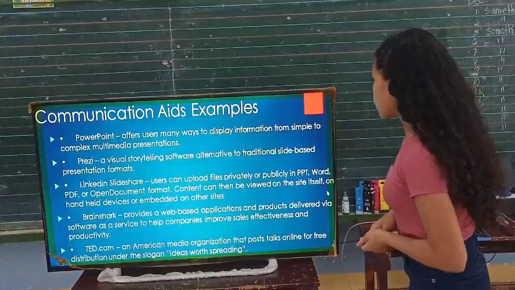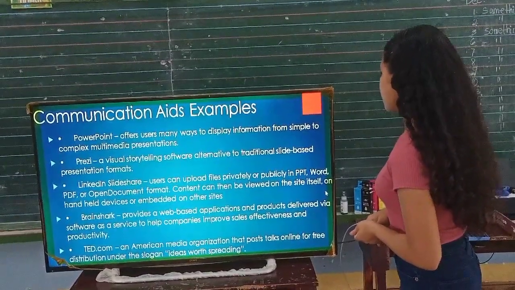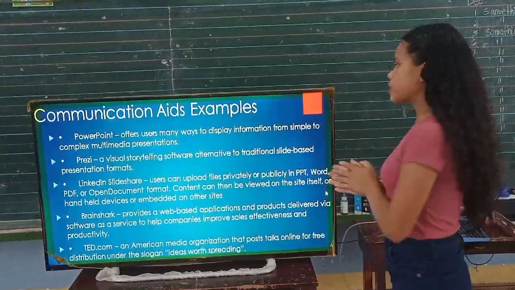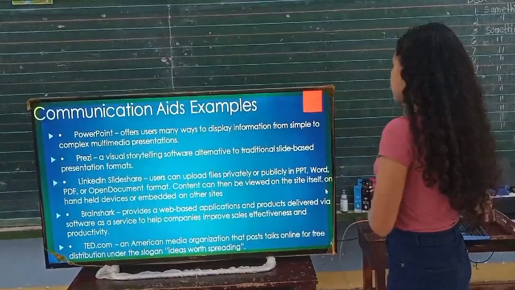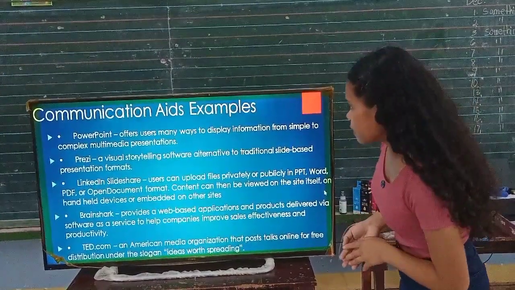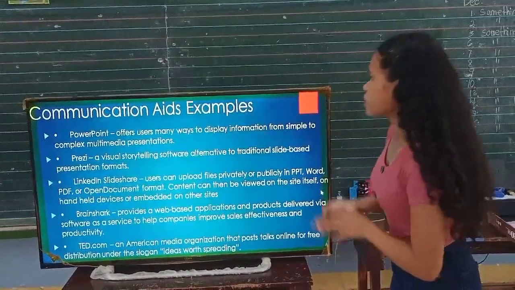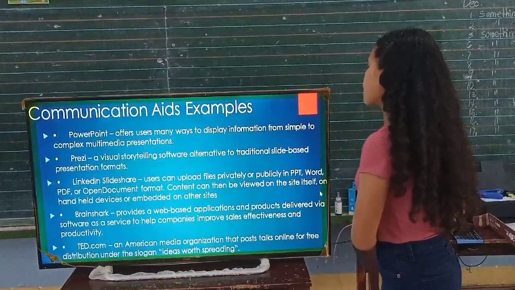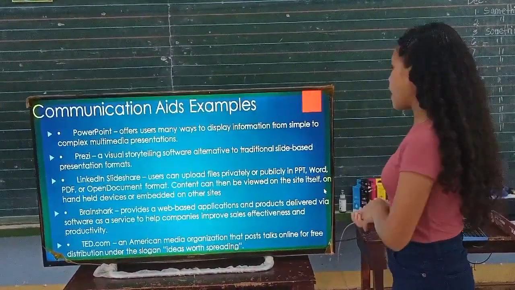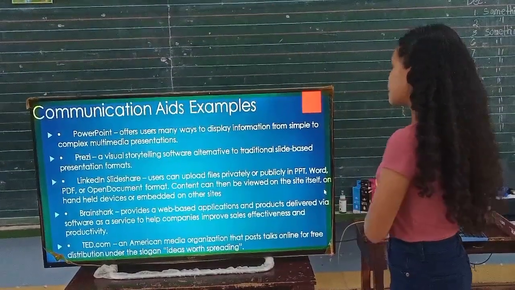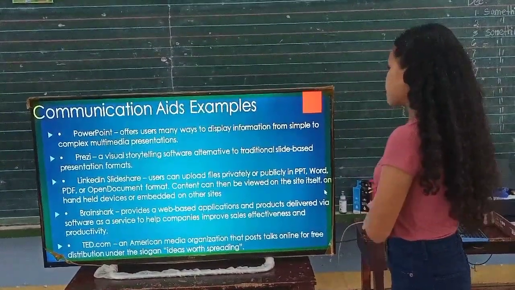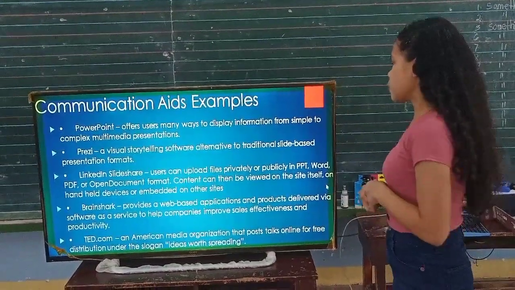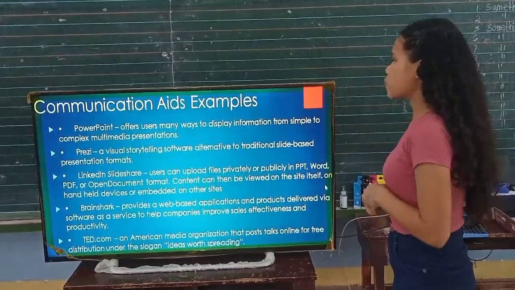SlideShare. Users can upload files privately or publicly in PPT, Word, PDF, or open document format. Content can then be viewed on the site itself, on handheld devices, or embedded on other sites. Fourth, BrainShark provides web-based applications and products delivered via software as a service to help companies improve sales effectiveness and productivity. And the last is TED.com, an American media organization that posts talks online for free distribution under the